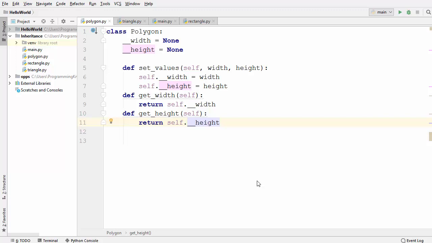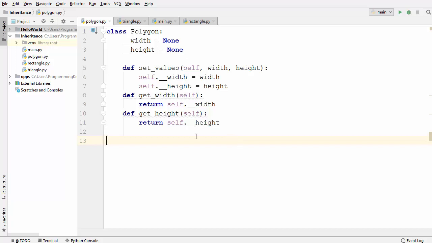In this video, we will talk about multiple inheritance in Python. So first of all, what is multiple inheritance? The ability of a class to inherit from more than one class is called multiple inheritance. And in Python, a class can inherit from more than one class. So let's see an example which shows us how to inherit from multiple classes.